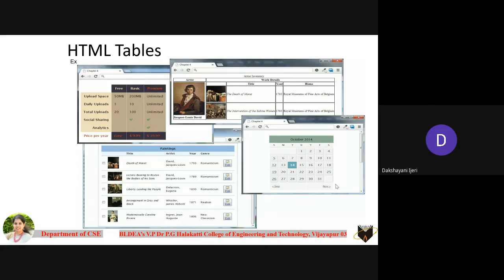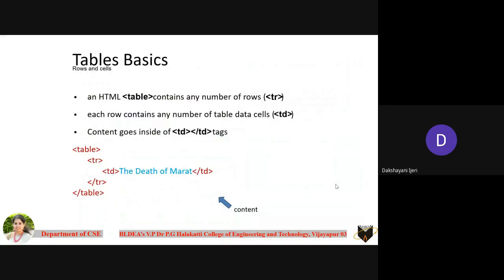Okay. Let's see the different elements that are used for creating tables. As I told you, in order to begin a table, you have to start with the table element, and within that table you use tr as an element to create each row. The tables are created row wise, so each row is represented with the tr.